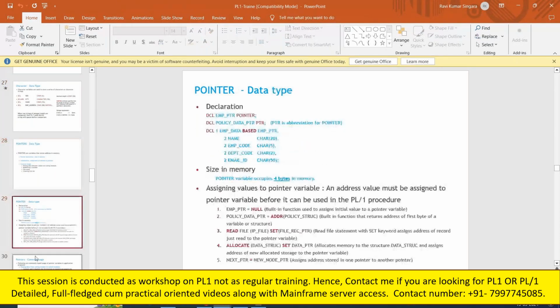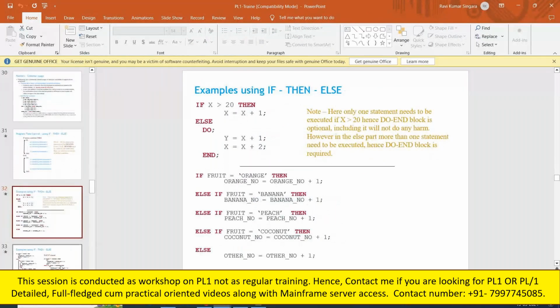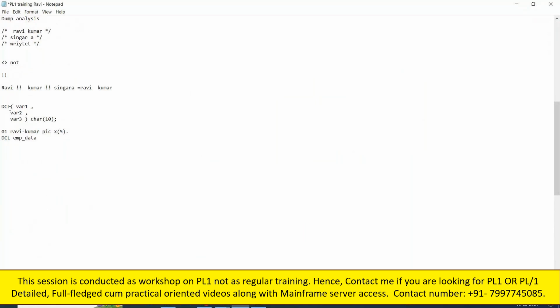Pointers is done. We will talk about that later. So declare statements, as I showed, this is one way: declare where1, where2, where3 char 10, or declare where1 char 10; semicolon, or a comma if you want, where2 char 5,